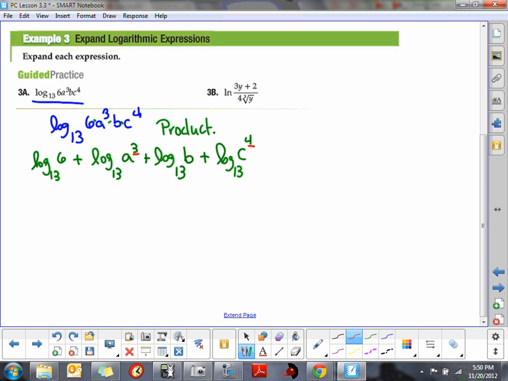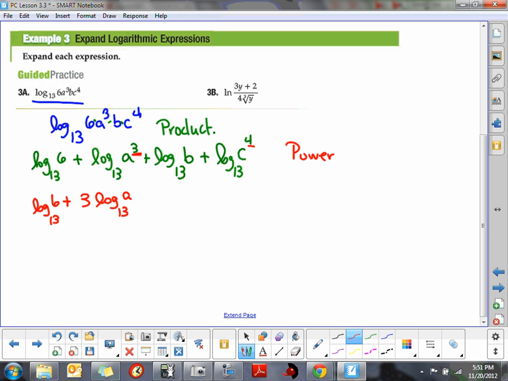The other thing they want us to get rid of is powers, because any powers can be written as multiplication. There's nothing to simplify in the log base 13 of 6, but this one can be used, and we can use a power rule on this one. So this series is going to be power rules. The log of a power is the power times the log, so